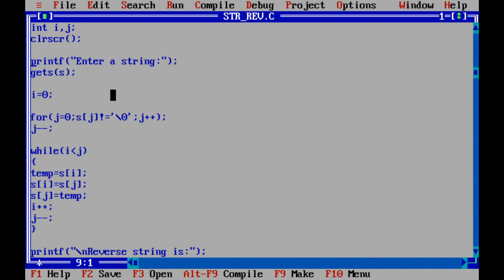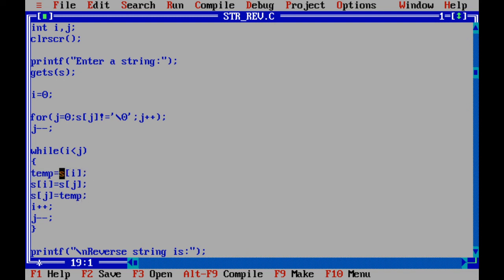See, first enter a string using gets s, so the string is entered. Then we have made i equal to 0 and j equal to 4. These two lines, the for loop and j minus minus, make j as 4. Then start swapping the characters. These three lines, temp equal to s of i, s of i equal to s of j, and s of j equal to temp, interchange s of i and s of j.